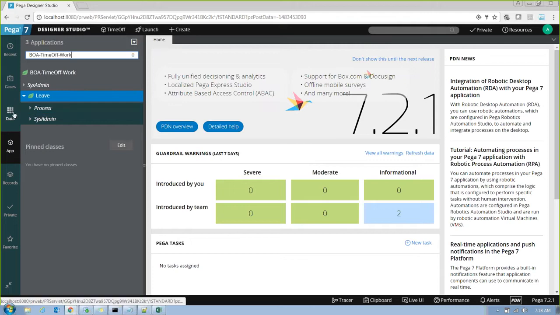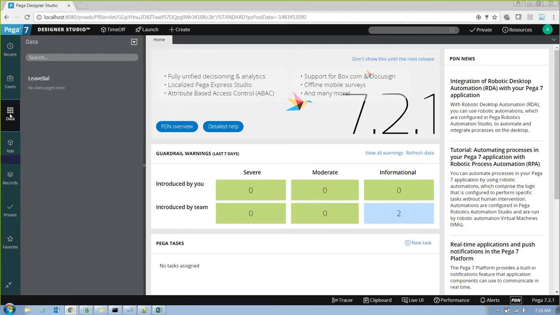Then data explorer. The data tables that I have created will be over here. And remember, I was speaking about blob tables and RDB tables. Tables which are created from Pega, we call them blob tables because they don't have exposed columns. We'll get back to the concept in later classes.